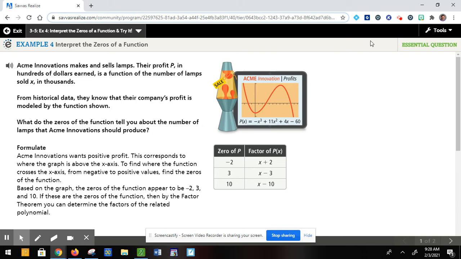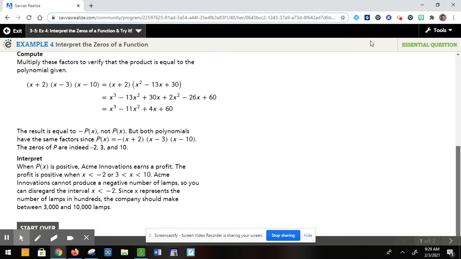So in reality, we're only looking at first quadrant information here, because the X needs to be positive, and then you're also looking for the Y's that are positive. Certainly, if it is a realistic scenario that you could produce like 1,000 and you'd not make a profit, but that wouldn't be beneficial to the company, even if it is a realistic possibility. Whereas making negative lamps would not even be in the realm of reality. All right, so